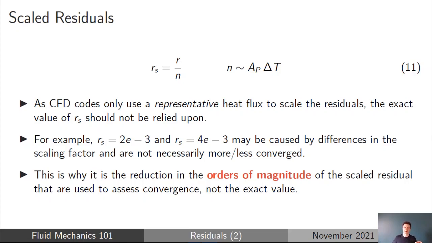So if you had a scaled residual of 2 times 10 to the minus 3, for example, or 4 times 10 to the minus 3, the exact value isn't really used to assess convergence. Usually as CFD engineers and scientists, we care about the orders of magnitude that are dropped. So a reduction in residuals from 2e to the minus 3 to 1e to the minus 3 isn't really something that we tend to focus on, because this can just be caused by differences in that representative heat flux passing through the bar. So all we need to do to scale our residuals is to get some approximation of what the heat is flowing through the bar, apply that in the formula in 11, and that allows us to